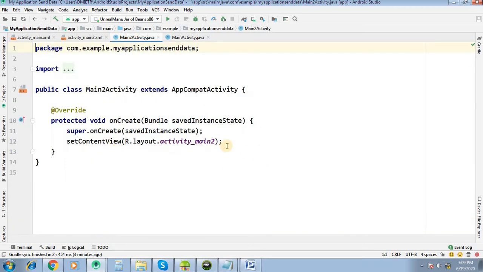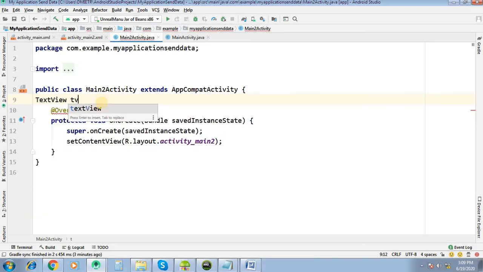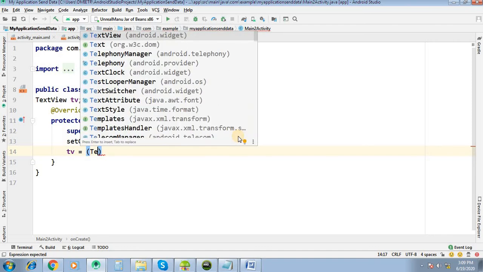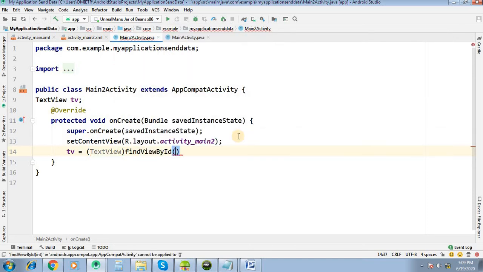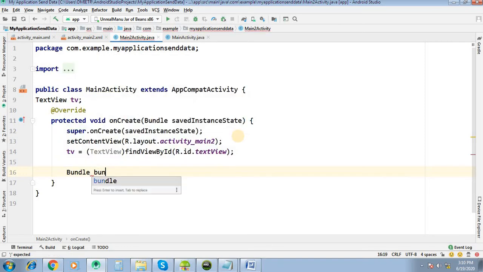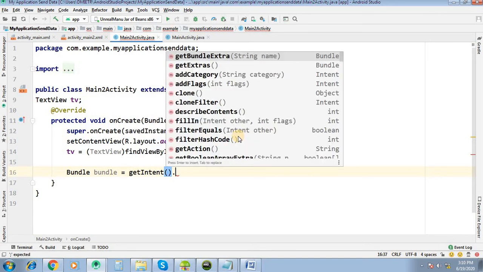Now in activity 2 we have a text view, TV. Whatever value comes from activity 1, we will set to the text view. TV equal to text view, find view by id, R dot id dot text view. Now here we will have the bundle, and then we will get the intent and get extras.